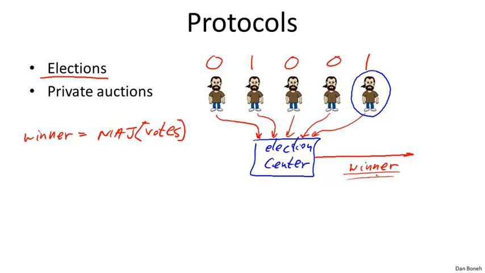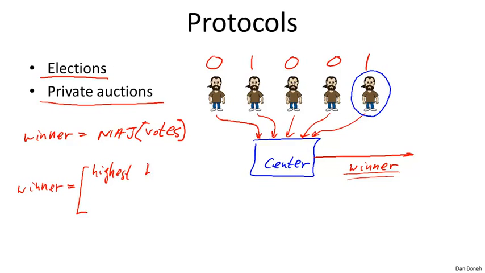Now, a similar problem comes up in the context of private auctions. So in a private auction, every bidder has his own bid that he wants to bid. And now suppose the auction mechanism that's being used is what's called a Vickrey auction, where the definition of a Vickrey auction is that the winner is the highest bidder, but the amount that the winner pays is actually the second highest bid. So he pays the second highest bid. Okay, so this is a standard auction mechanism called the Vickrey auction. And now what we'd like to do is basically enable the participants to figure out who the highest bidder is and how much he's supposed to pay.